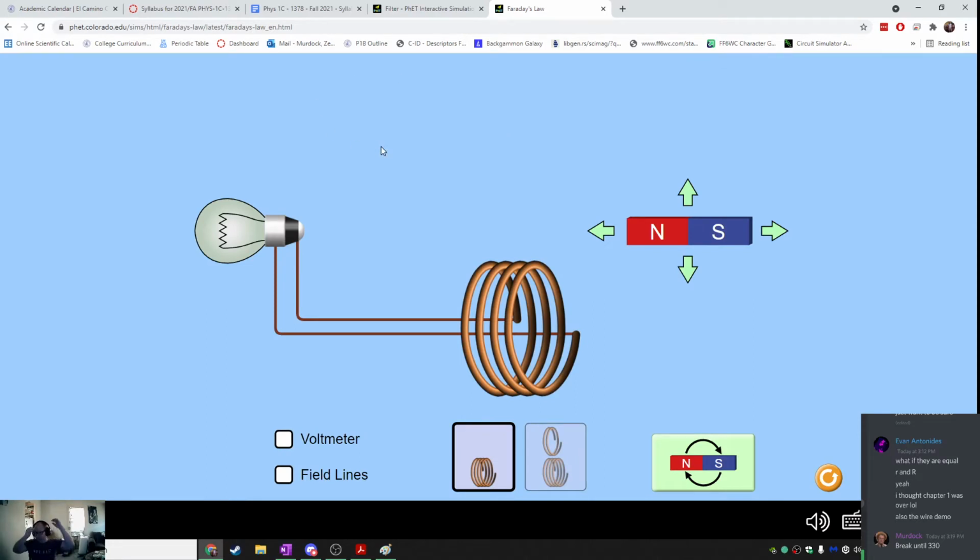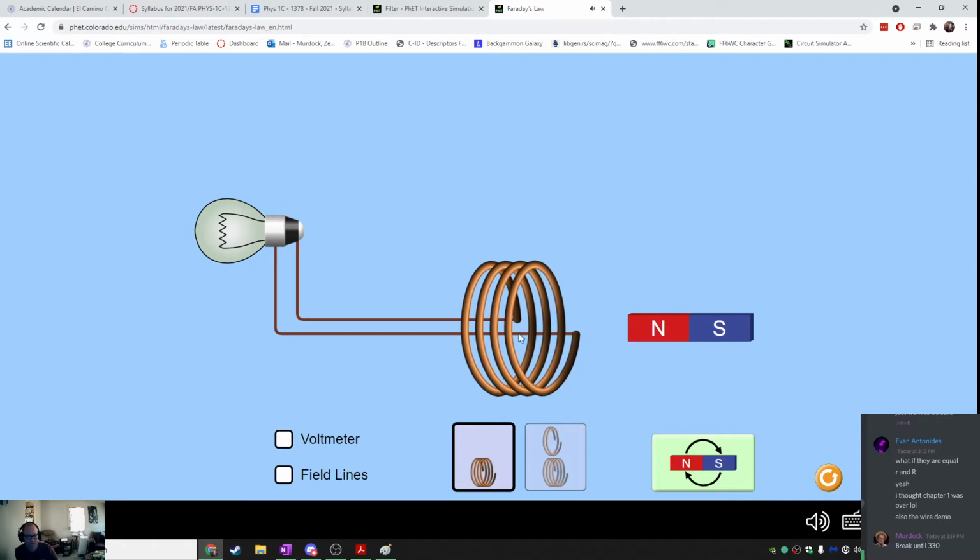Okay, so here's what we have. We have a coil, sometimes called a pickup coil, right here. So coils of wire. You can see that these wires form a closed circuit here. And that closed circuit is connected to a light bulb. Right? But as it is, there is no source of EMF, right? There's no way that you can get the light bulb to light up unless we connect a battery up here, or we connect a generator up here, or we connect a power supply or something like that. Except that if we take our magnet right here